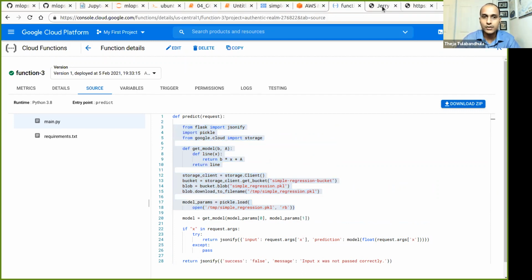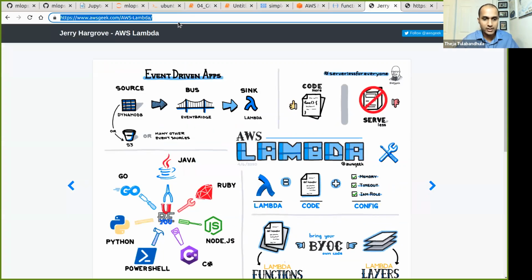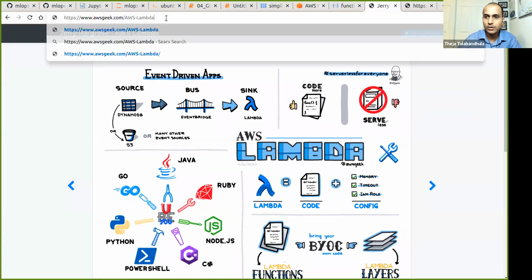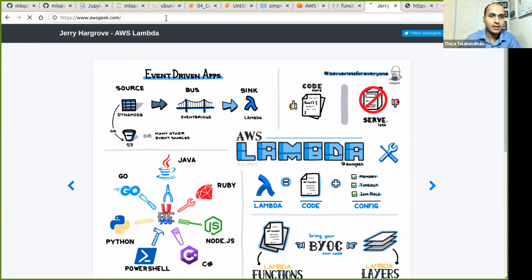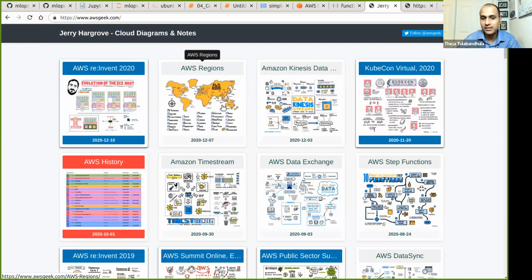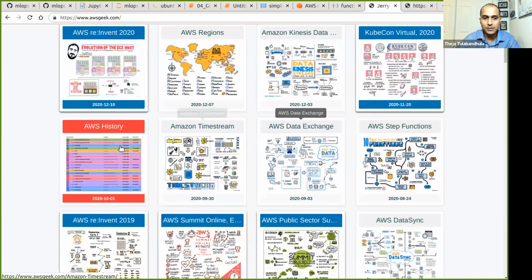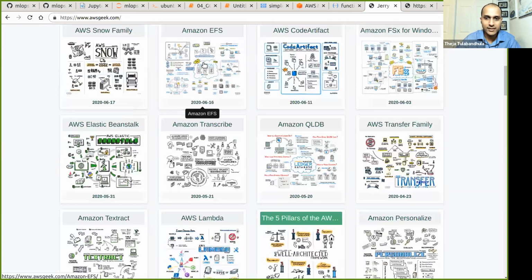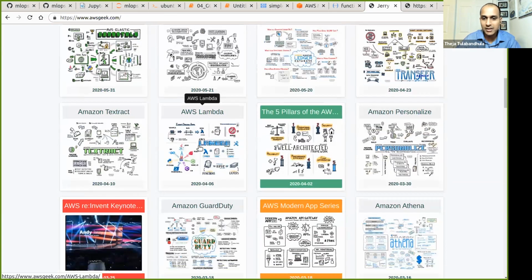I actually had a resource that I wanted to share with folks. By the way, this whole website is pretty good for the various cloud services available on AWS. For example, you can see they cover what the regions on AWS are, what its history is, what EFS is, and Lambda is what we'll look at.